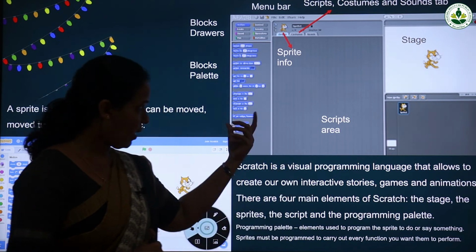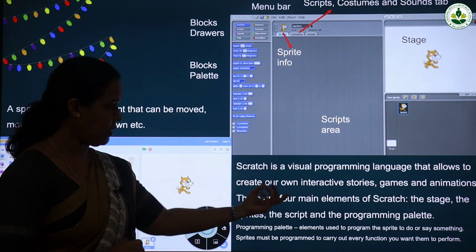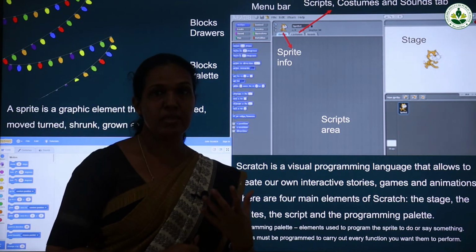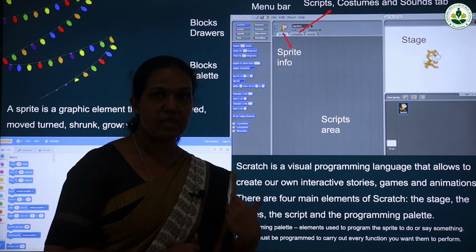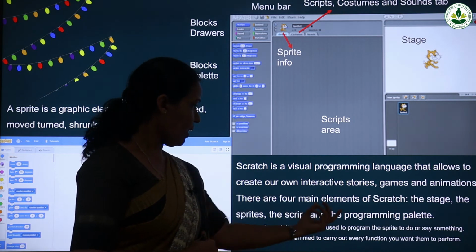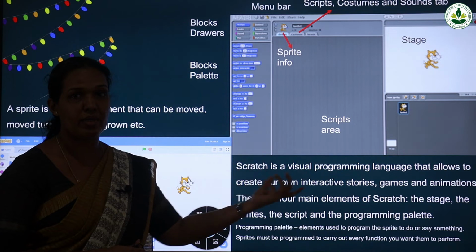So these are here in Scratch also. There are some elements. First one, the stage, that is the place to play. Then the sprite. The sprite is like the actors in the play. And the script. So you need a script for the story or animation or game.